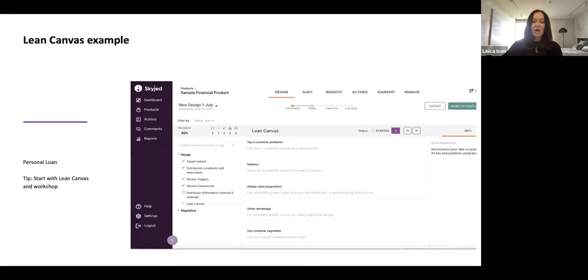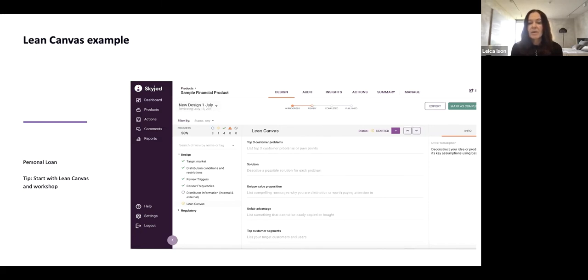Now, just finally, the final part of the walkthrough of these target market determinations is a tool that we're seeing is really popular, which is using this lean canvas. We're seeing this lean canvas adds quite a lot of value to kick off before you actually set your target market determinations, by doing workshops with, say, your marketing teams or your customer experience teams, just to be able to frame up your product strategy and that business model.